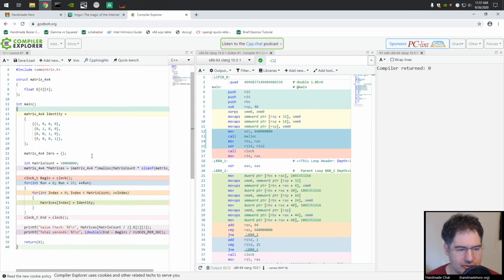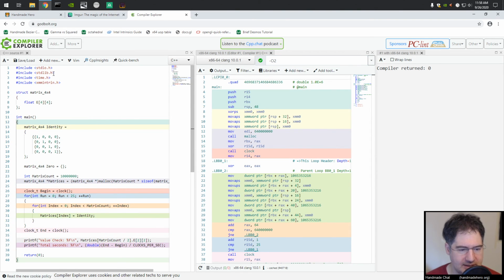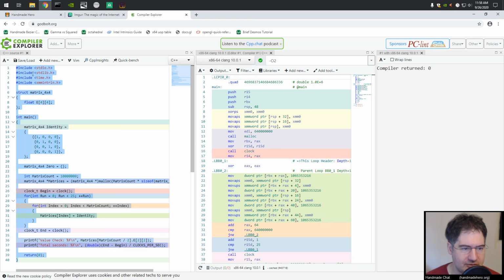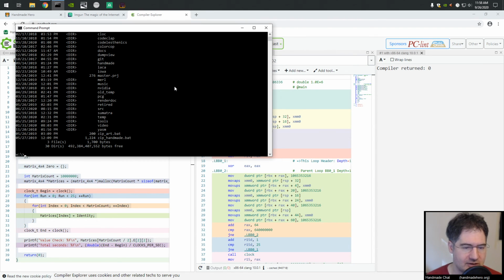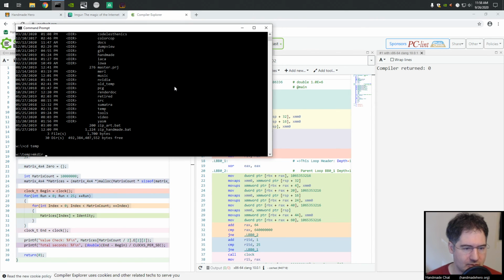What I wanted to go through, I tried to recreate this routine in Godbolt so you can see it here. I've not compiled it, so I don't know if I have a typo or something. So what I'd like to do is compile this really quick on the actual machine to make sure that I didn't screw it up, right? Because I just kind of typed it in and I wasn't particularly careful or anything. So I want to make sure that I don't have any kind of stupid error in there. Let's just call this